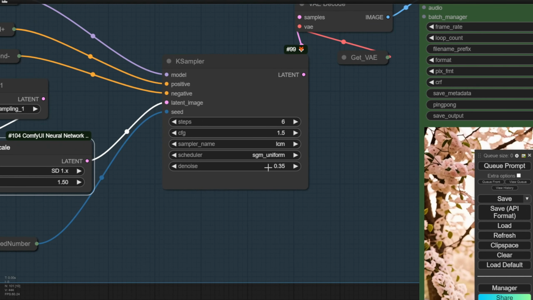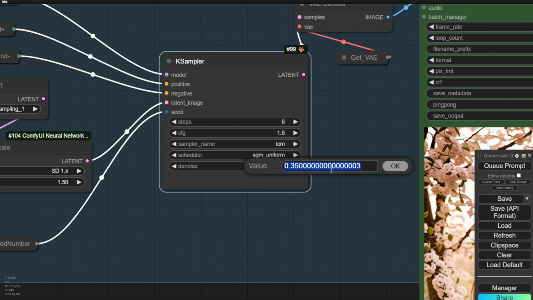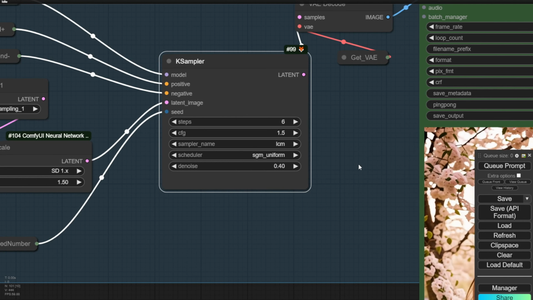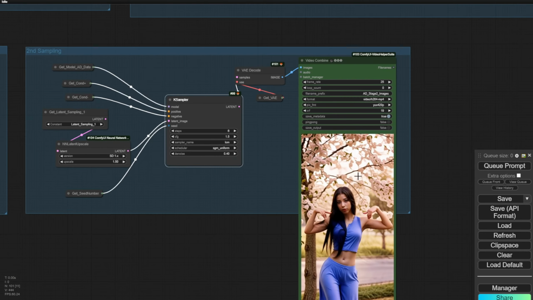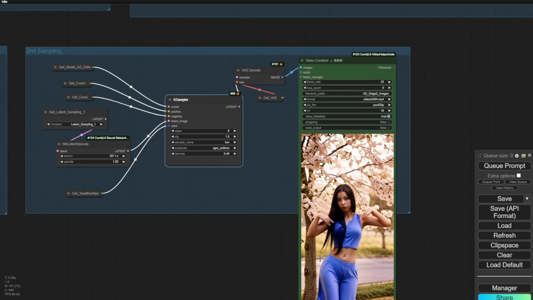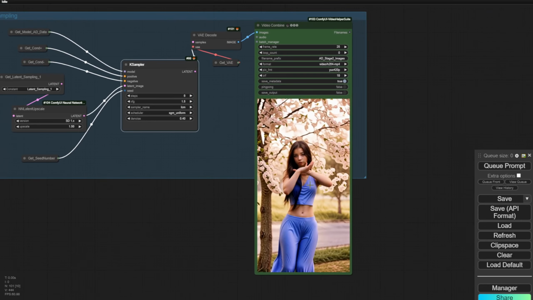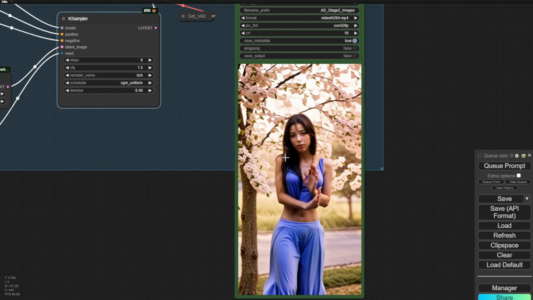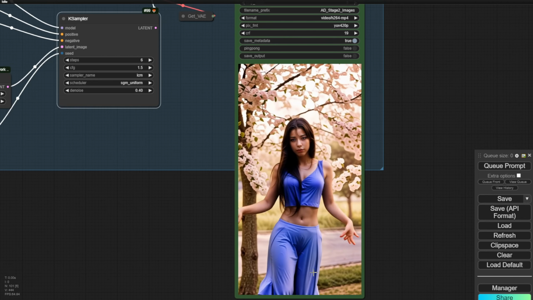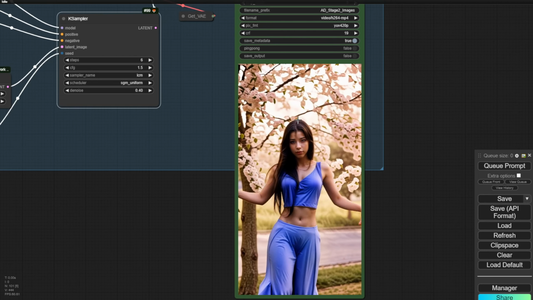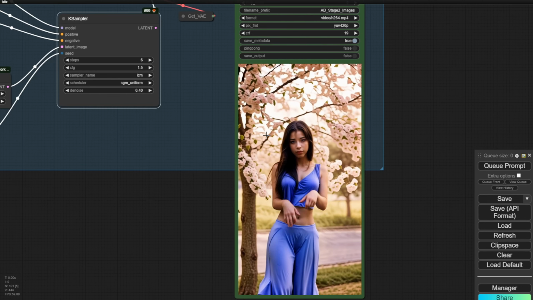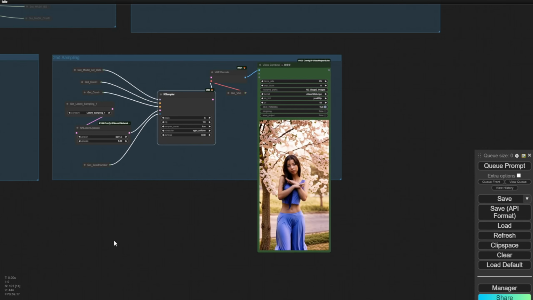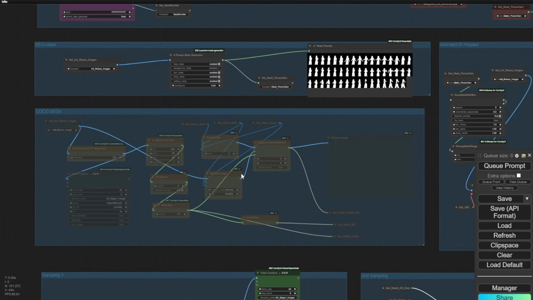Sometimes you want to do a little bit more. It's up to you. Like maximum, I would go 0.4 on the second sampling. If you do it too much, then the video will look totally unexpected. So this is the second sampling. It looks more clear. The outfit of the character changed, the face and the hairstyle changed, but we got the remnant of the background. That's basically because we just masked the person in here without doing the background influence. So yeah, that's it for this workflow, how it goes.